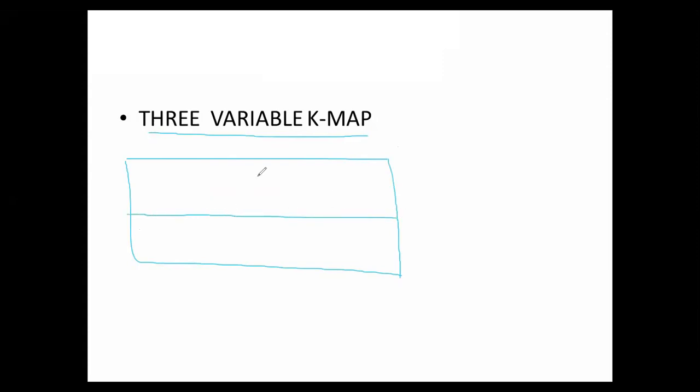Okay, three variable K map. So in a three variable K map, how many cells are there? How many cells are there? 2 cube, that is 8 cells are there in a three variable K map. So if we are taking the general K map for three variables,